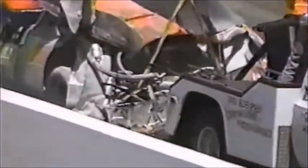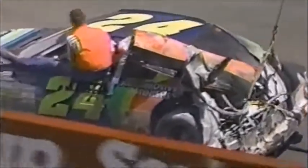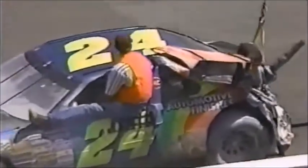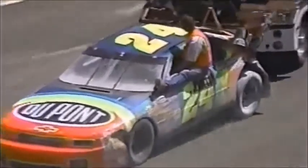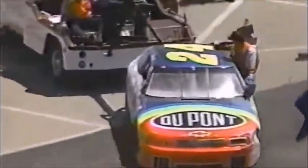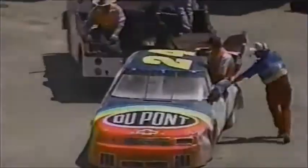Had a great run a couple of times during this year, but he's also had some very tough luck in some races. In fact, Bob, he's had good runs in every race, and especially those that he finished, but this is his 4th DNF, did not finish, so far this year, and that really hurts you as far as points. We pointed out that he was in 10th place in the points coming into this race, but he has been very impressive. So that means that the crews will go to work on this car, and obviously they're going to have to do a lot of work on the car to get it ready. And of course the pit crews,